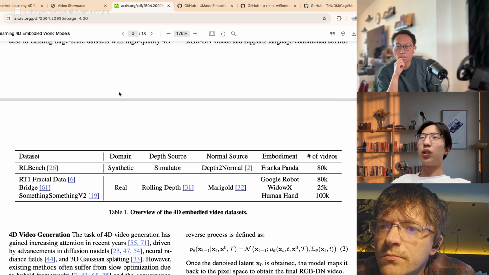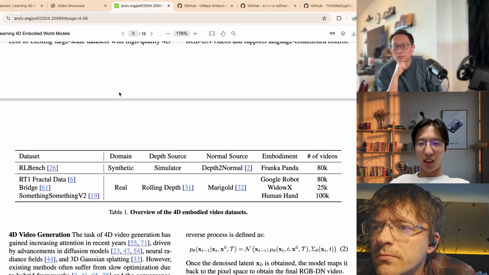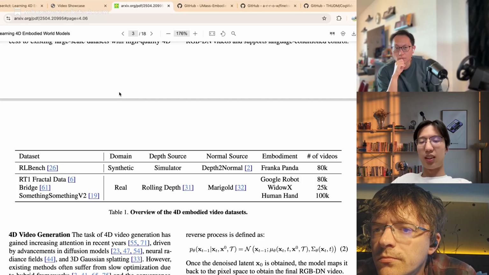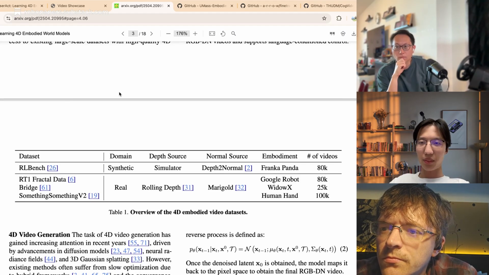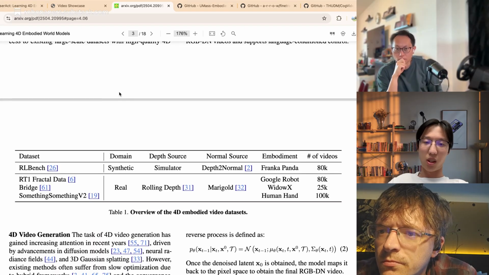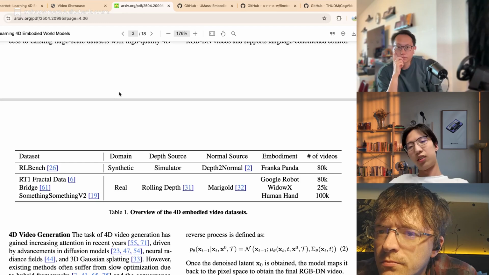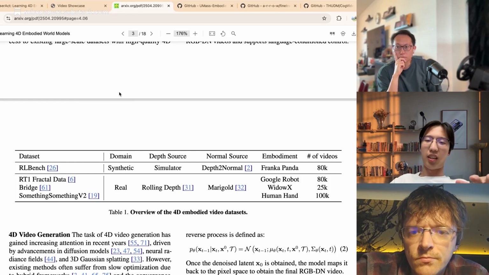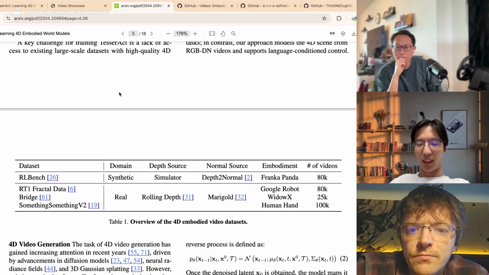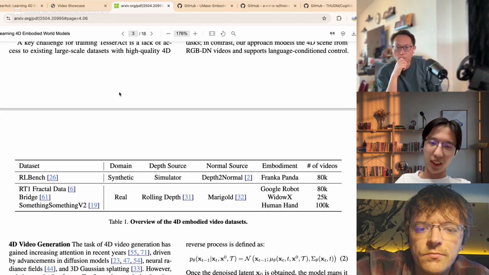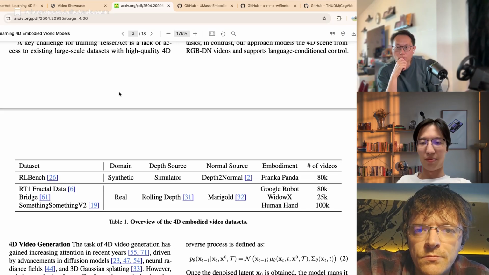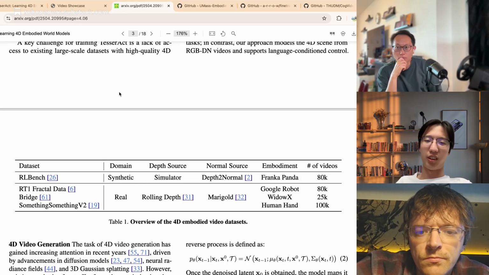Definitely, we can train our model on real world data and also collect some challenging data in the simulator. Then we combine them to do some co-training, and the world model has the ability to generalize across different domains and generalize well. Then it can guide us to generate more video data and then enhance the robot control in the real world.